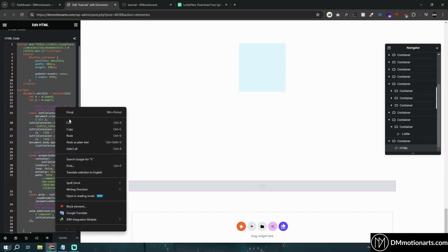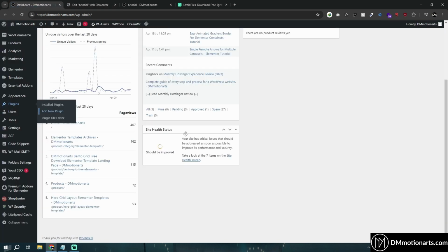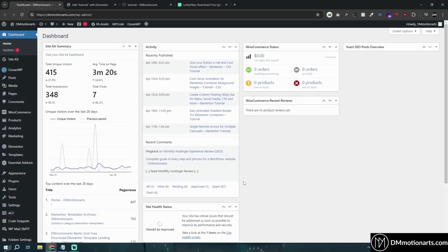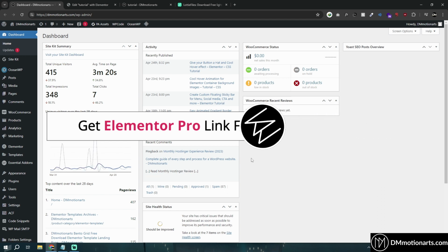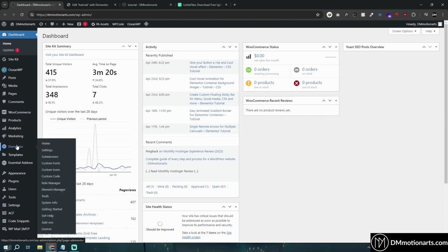So I'll copy this. Now there are two ways to do it, or even multiple ways, but the two ways I'm going to show you are, let's say you have Elementor Pro. If you don't have Elementor Pro, check the second method. So we go into Elementor, go into custom code,